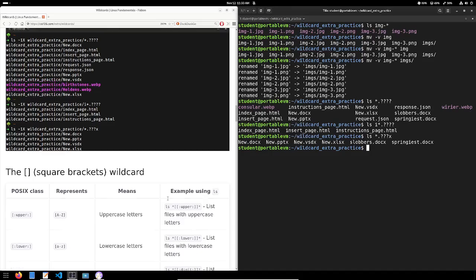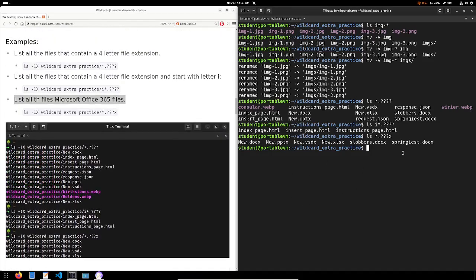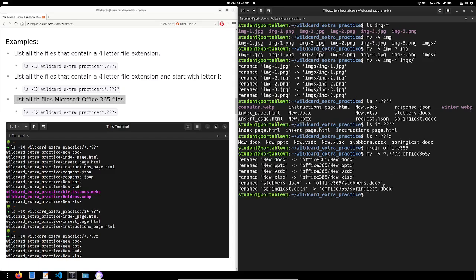Oh wow, we don't have move commands using this. Well, it's not really different than the ones we did before. Let's create a directory, and I'm gonna call it Office 365, and I'm gonna move all of the Office 365 files to this directory. So let's do mv, give me every file that contains 3 letters in the file extension and ends in an X to Office 365. And boom,